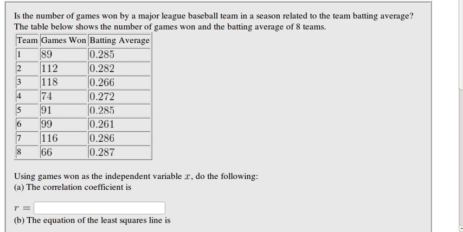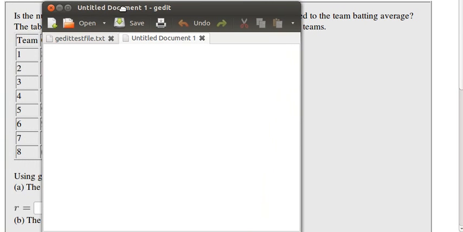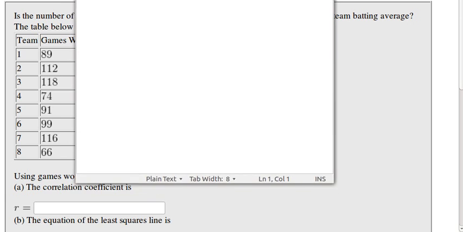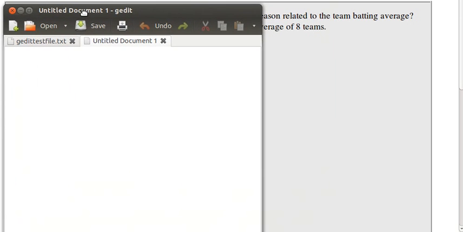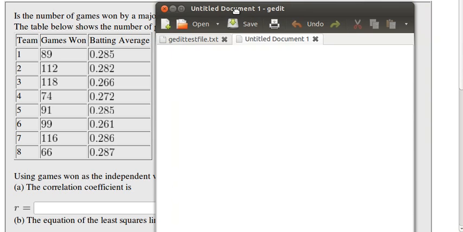Here we are back looking at our data set again and examining another way of getting this data in. We've actually looked at two ways so far, and this is going to be the third way of getting data into R. I'm going to use just a word processor this time. WordPad probably would work fine. I'm in a Linux environment, so I'm using gedit. You need to use a very basic